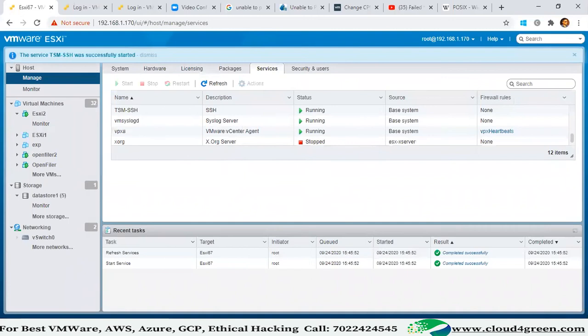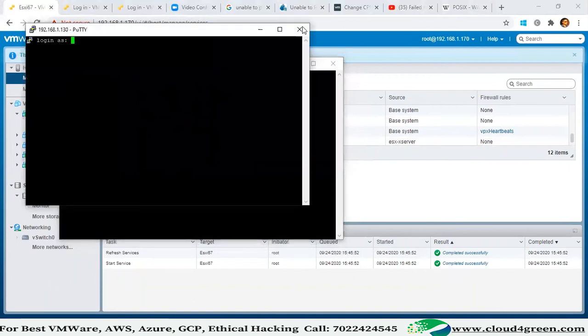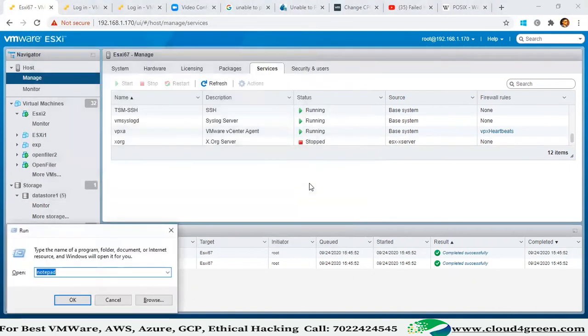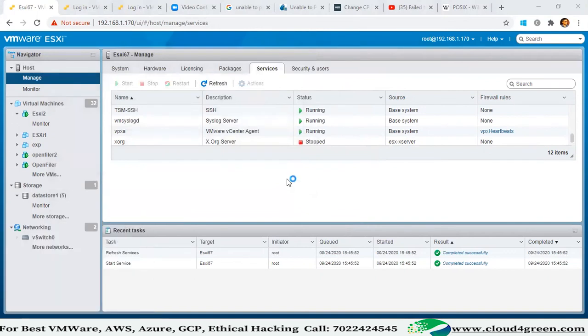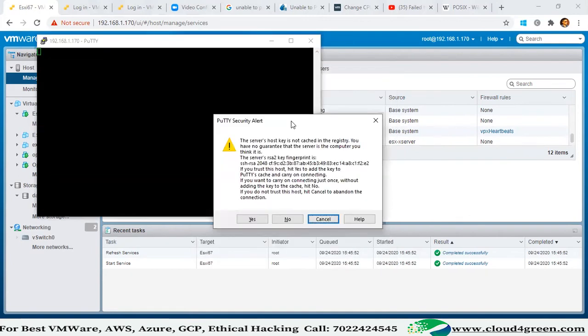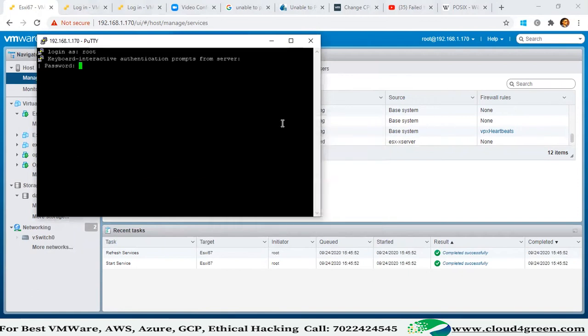Okay, let me connect to my ESXi host. Are you all observing now?